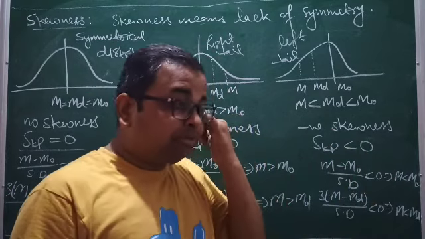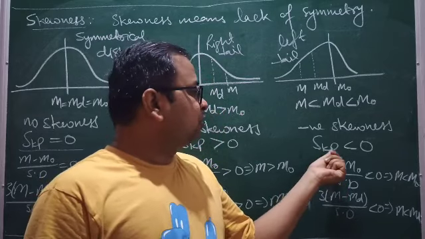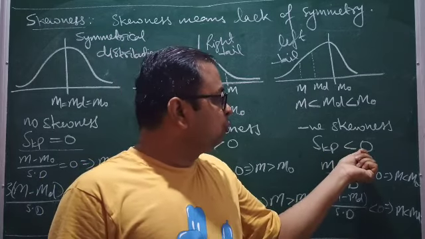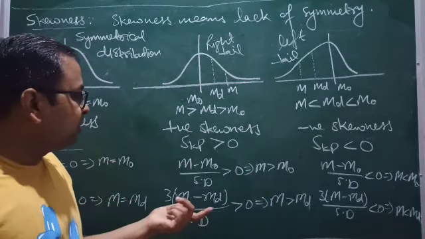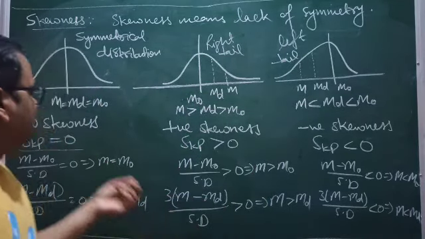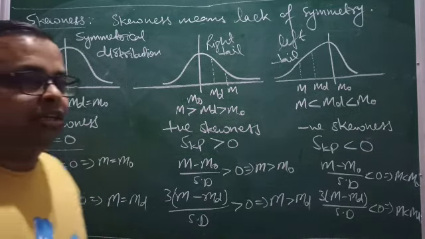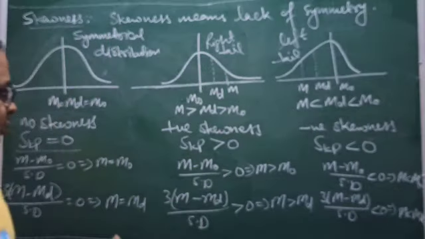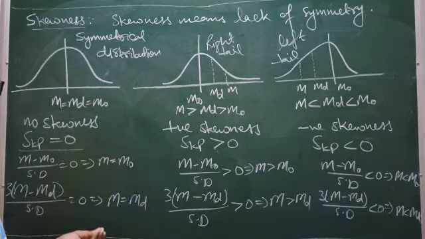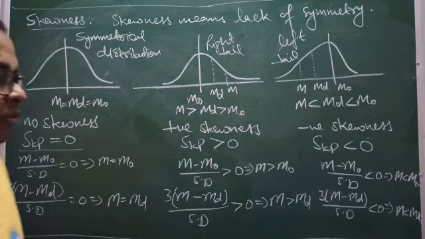It means mathematically we can solve the Karl Pearson coefficient with this formula. If the Karl Pearson coefficient has a negative value, there is negative skewness. If the Karl Pearson coefficient is a positive value, there is positive skewness. If the Karl Pearson coefficient value is 0, there is no skewness and the distribution is a symmetrical distribution. So that is how to check skewness with mean, median, mode. And another form,